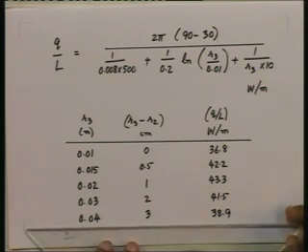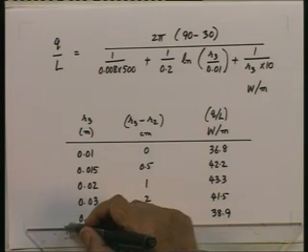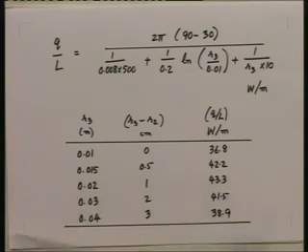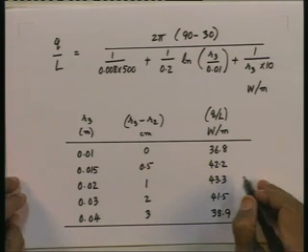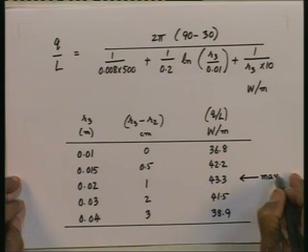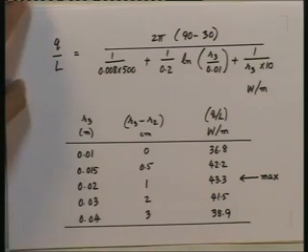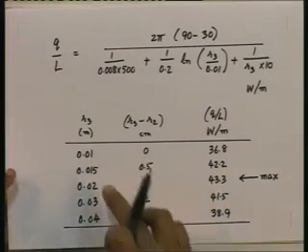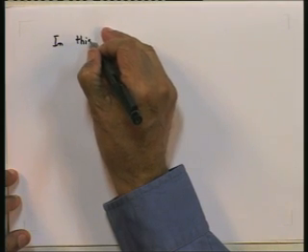So notice now that in this particular case, with the data that we have, the value of Q by L goes through a maximum at an insulation thickness of 1 centimeter and a value of R3 equal to 2 centimeters. You do this calculation yourself, so that you will be convinced of what we have got. Okay. Now, why is this happening? This is happening because Q by L is going through a maximum, because in the data that we have given,